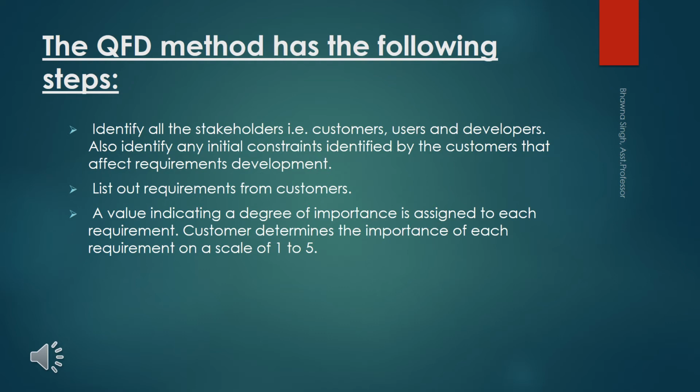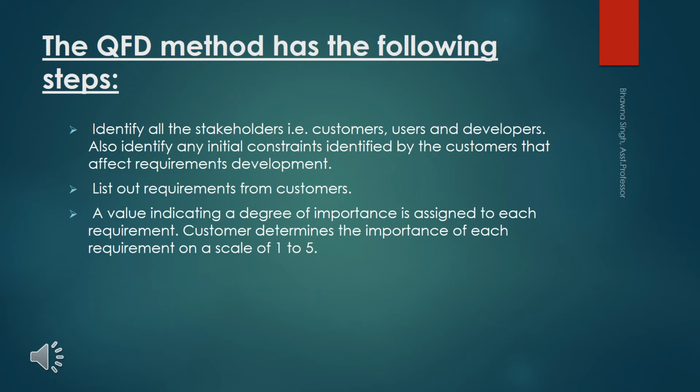And then the third one is we convert this list into a table, or you can say a matrix, that translates all these requirements into the technical specifications. And this table is also known as the customer voice table. Why is it known as the customer voice table? Because in this, all the voice of the customer, all the requirements that we have taken from the customers during the surveys or during the interviews, all these points are mentioned in this table.